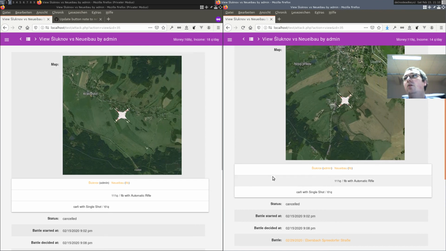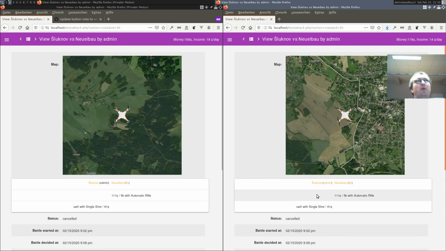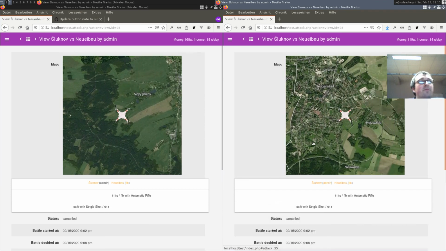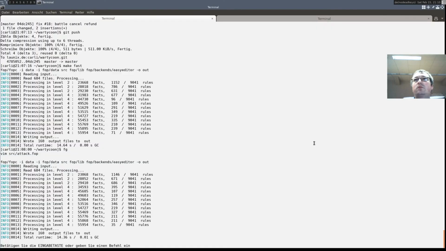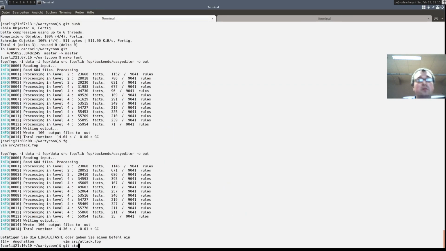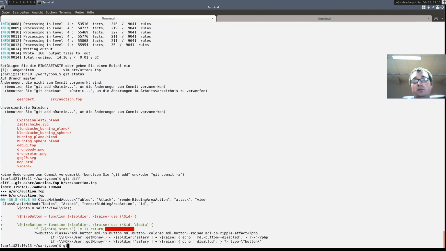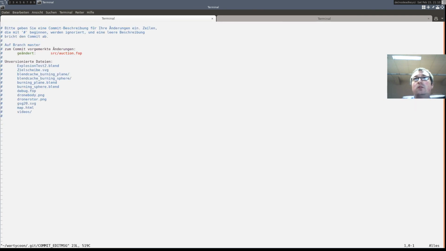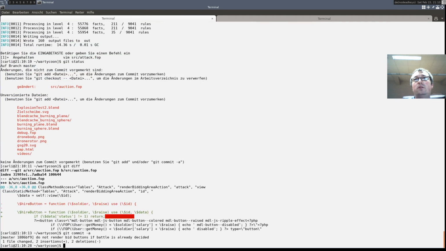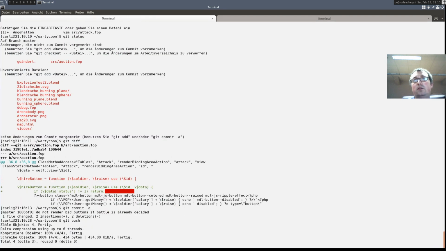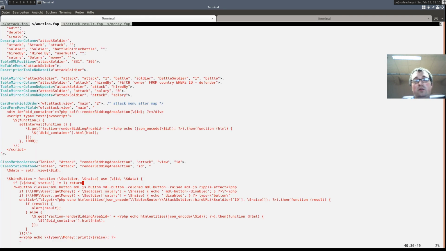And now no one can bid anymore. Do not render bid buttons if battle is already decided.